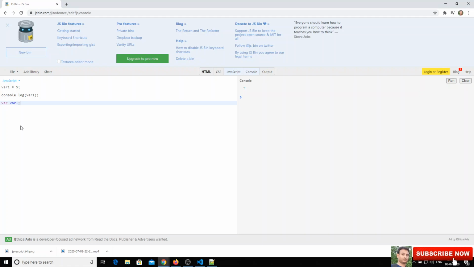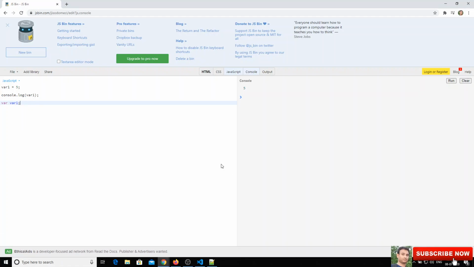What is happening here? Normally, when the browser executes the JavaScript, it goes through the code two times. First time, it takes all the variable declarations and hoists the variables to the top. Whatever variables are declared, it declares them at the top, and then it initializes them and prints the value.